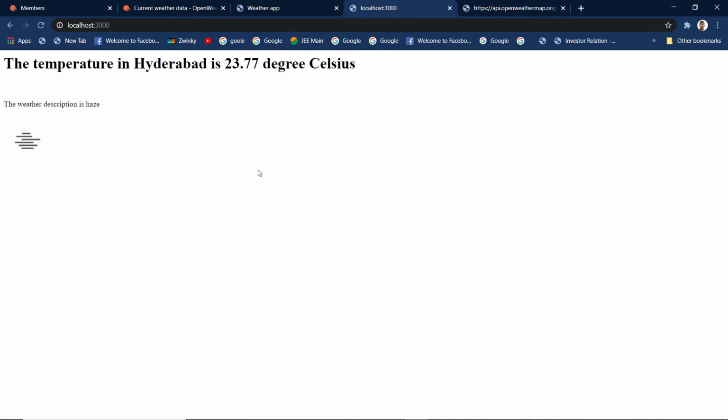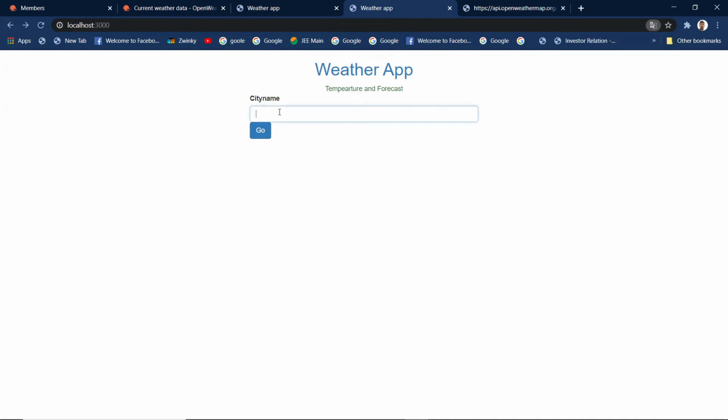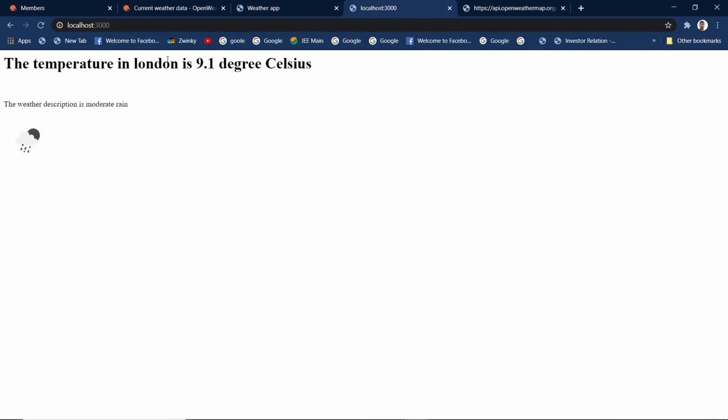So the temperature in Hyderabad is 23.77 degrees Celsius, and the weather description is haze, and this is the icon. Say we enter London, the spelling is London. So the temperature in London is 9.1 degrees, and the weather description is moderate.